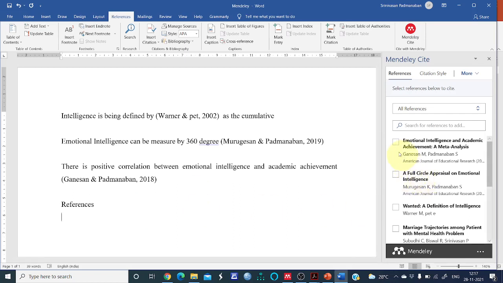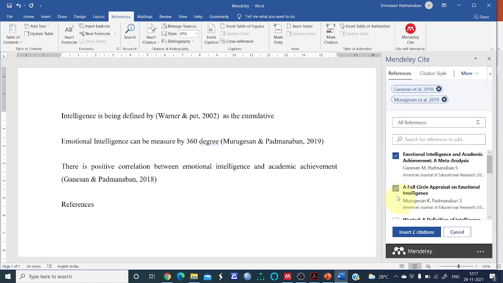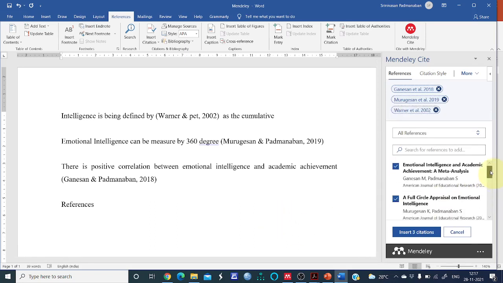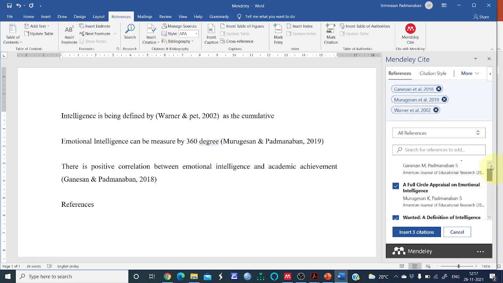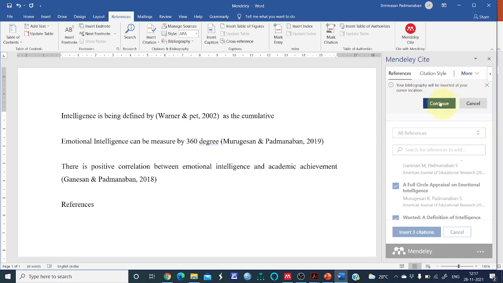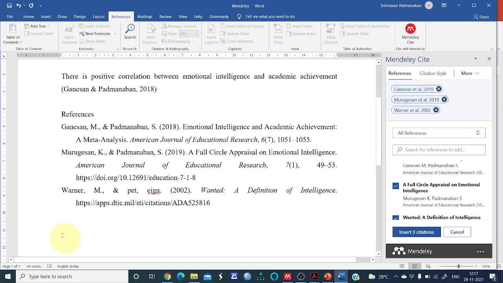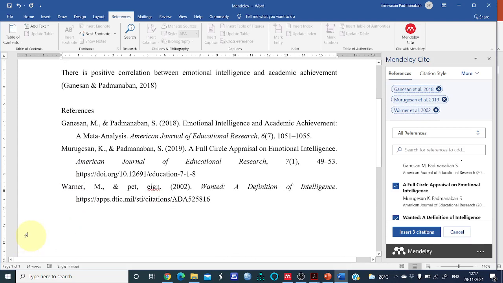Now let us see how this is done by a single click of the mouse. Here we have taken three articles and these three citations will be cited across the article. Now I want to write the reference, so insert bibliography, all the three articles. That's all. All the three have come, in alphabetical order, in APA 7th citation style.